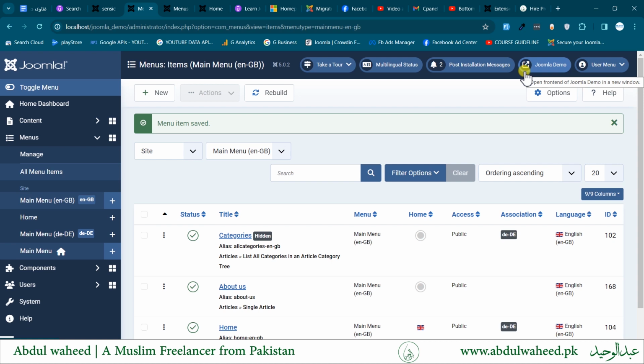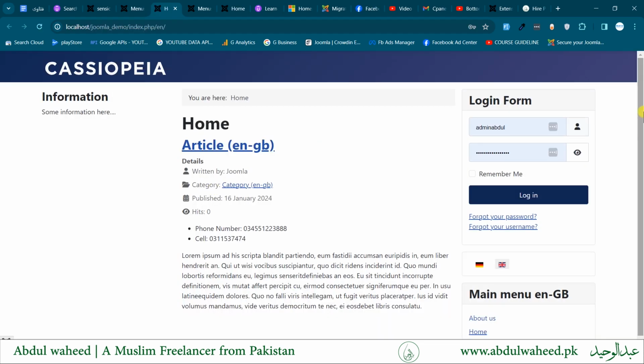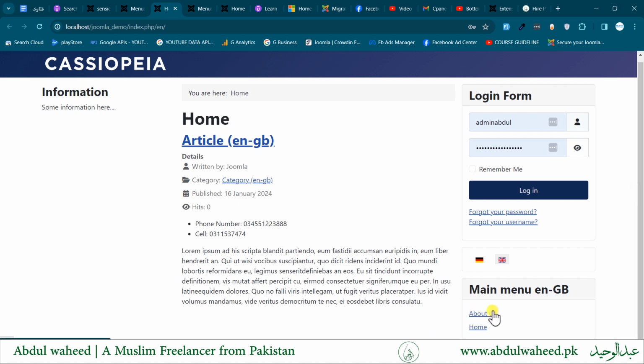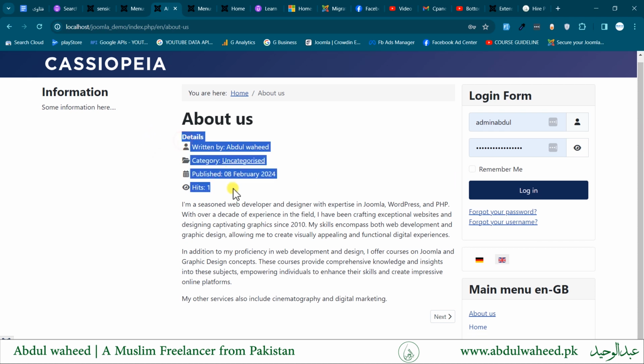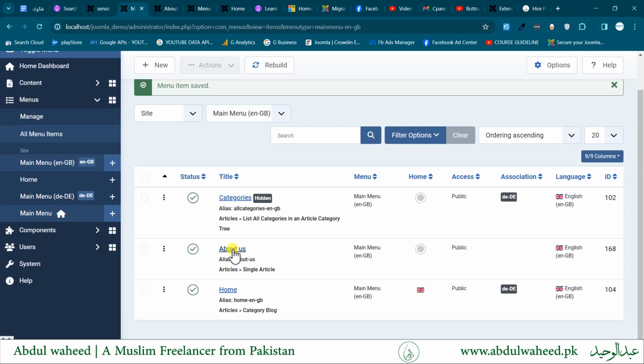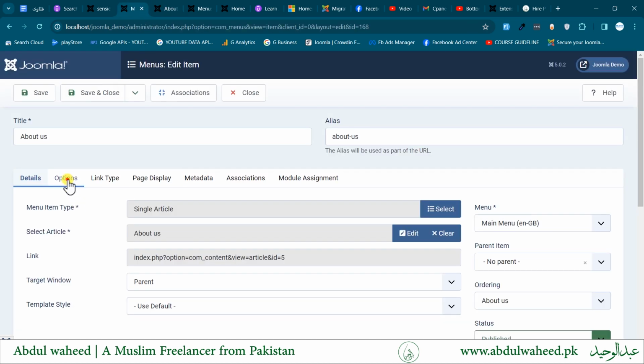There is a link in the top right side of the admin which will take us to the front end of the Joomla website. The menu we just created is listed in this module, About Us, and if you want to hide this information, we can hide it from the menu. This is basically author, category, time and date and number of hits. We have under the options